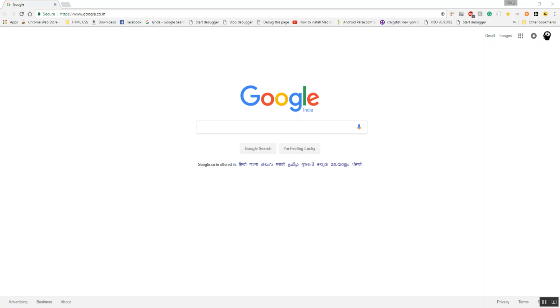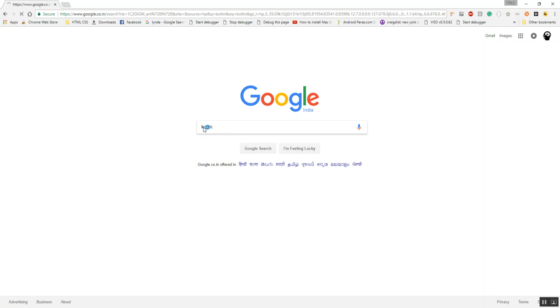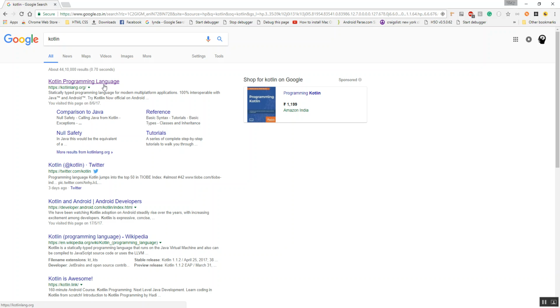In the previous video we saw the new Android Studio 3, Retrofit 2, and a Web API. Today we are going to see a core part, which is Kotlin. Kotlin is a new programming language